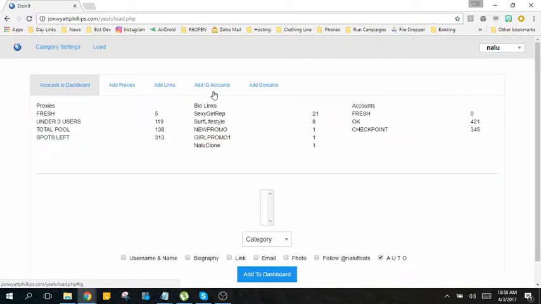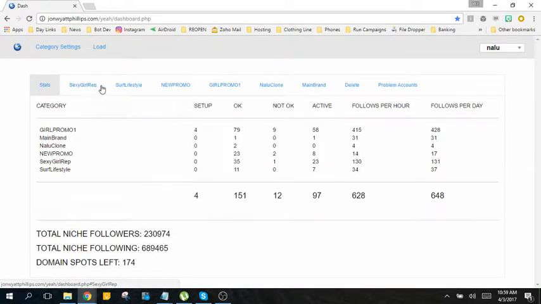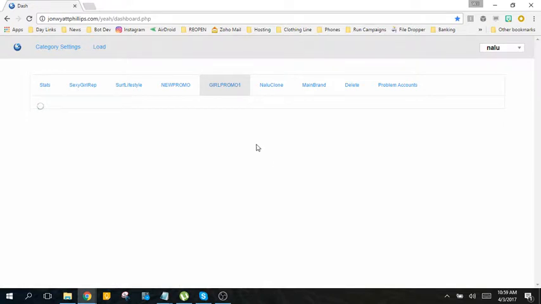So once all that raw data is in here, we hit add accounts to dashboard, select the number of accounts you'd want to add in here, select the category you want them to go into, put it into auto mode. I'll go over what auto mode means, and hit add to dashboard, at which point they show up in a setup mode